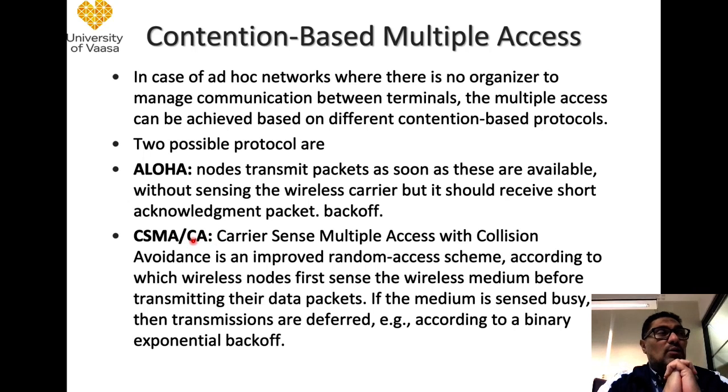In this protocol, if we apply it to the classroom example, it is like polite communication. Assume that one student wants to talk, and before he or she starts to talk, they listen. If there is no one talking, then they say their message, and then they wait for the acknowledgement. If someone is talking, then they will not say anything, just stay silent and give some time before they listen to the channel again. So this protocol is called carrier sense multiple access with collision avoidance,